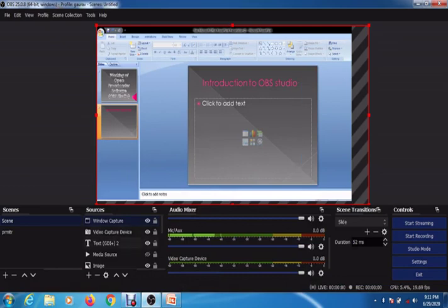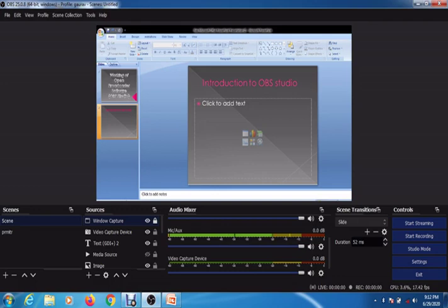So now all the things that are included in these sources I have shown you in detail. At the same time, basically all the windows are operating together. So see to it that whenever you add any source, if you are done with the work on that particular source, you just lock that particular source. So while recording, it will not look shabby and the presentation will look good. So lock each and every window if you are done working with that source.